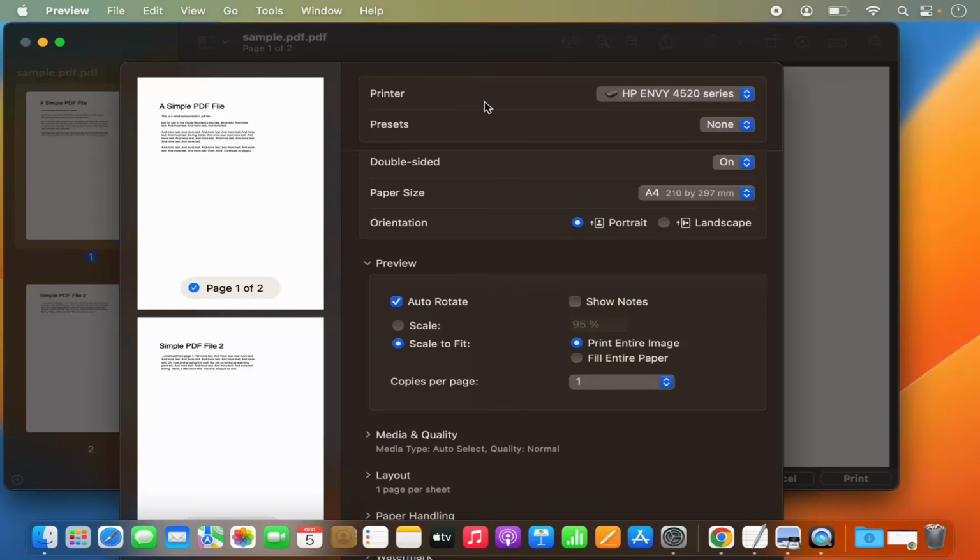So this is how I can add a printer on my Mac operating system and print a document on my Mac